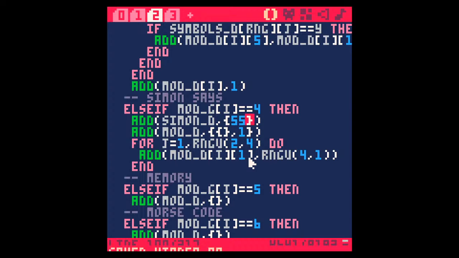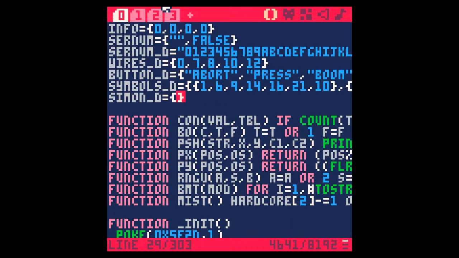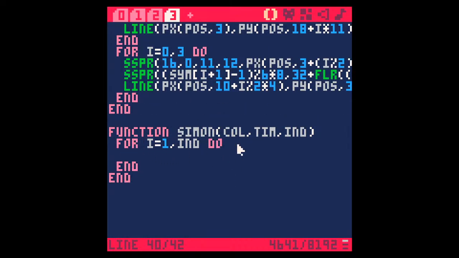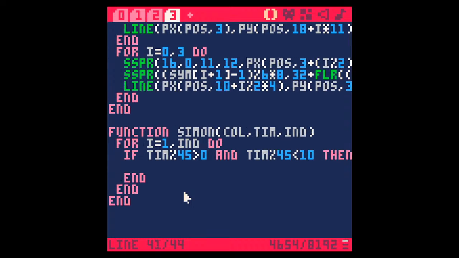So I guess I'll start at 55 then, so it waits the longest. That should work. Okay, so I run this as many times as there are, and then if timer modulo 45 is more than 0 and less than 10, so it's 0 to 9, which is 10 different values, then in that time frame I will